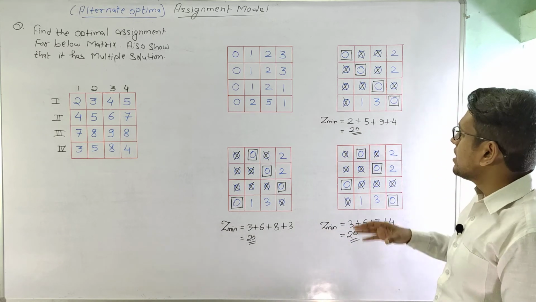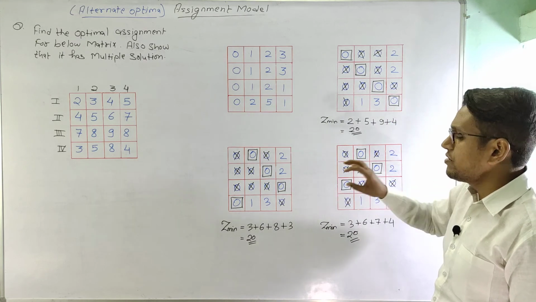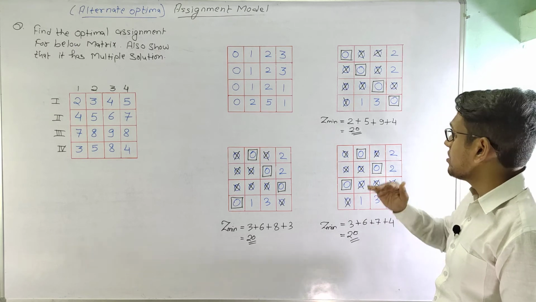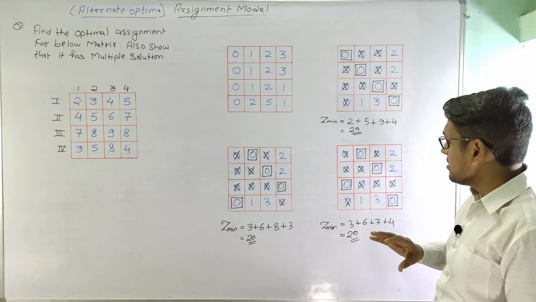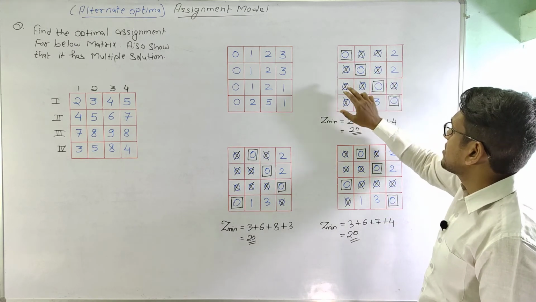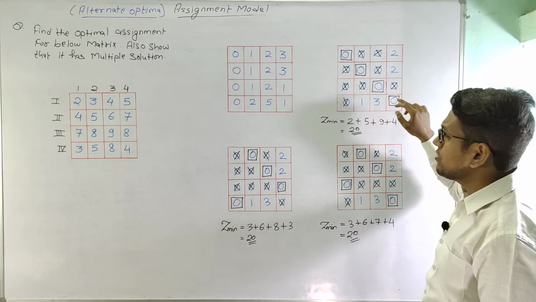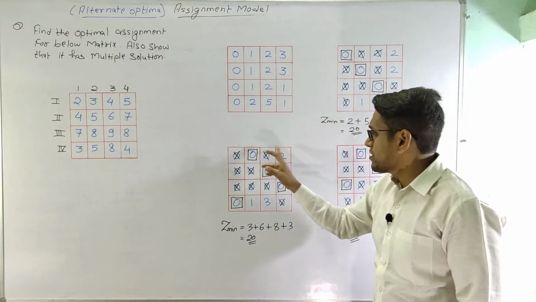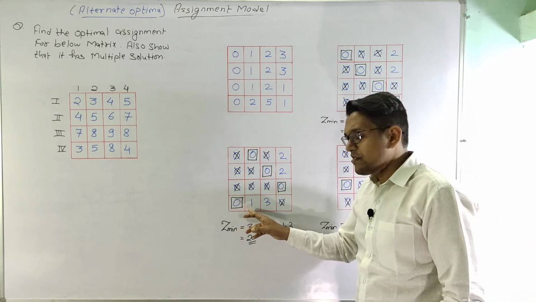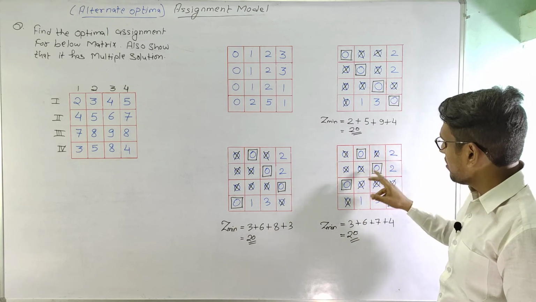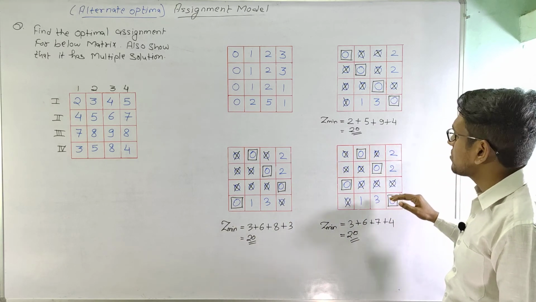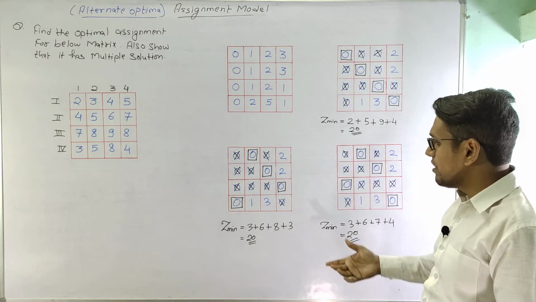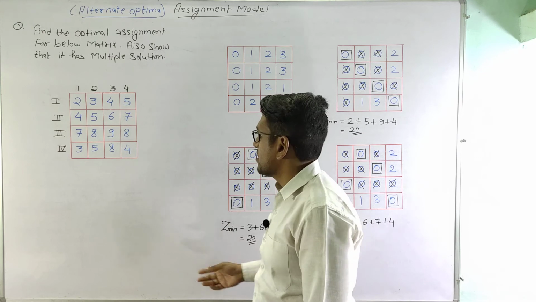This shows that multiple solutions occur for this particular problem, and this is also known as alternate optima. So we can see that here in this matrix the value of z, if we calculate, is 0. Similarly, in this matrix also the value of z, if we calculate, is 0. In this cell also the value of z, if we calculate, is 0. So because the value of z does not change in these particular cells, the value of z also remains the same